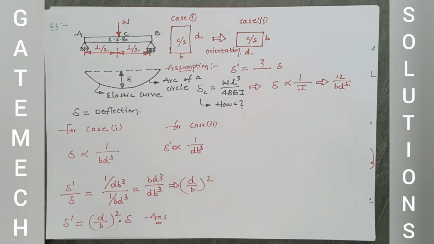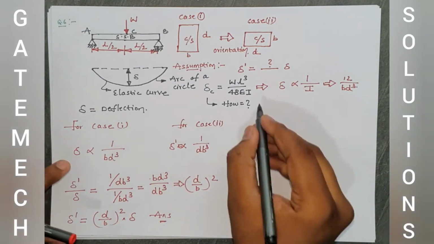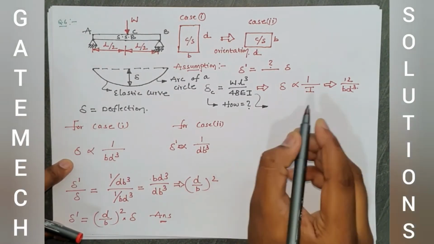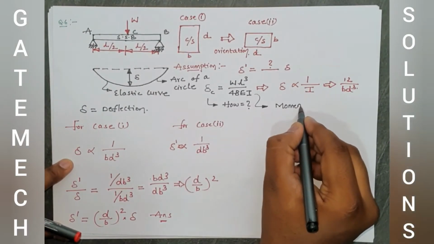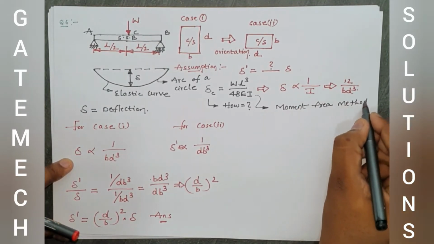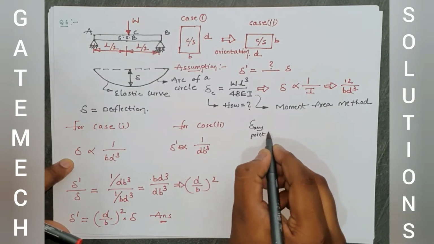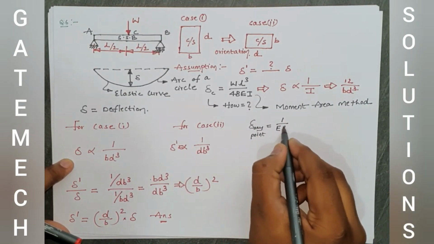But if you know this formula, then only we can calculate. Or if you know this relation, then only we can calculate. How this formula came? For that I am using one method called the moment area method. One of the simplest methods here, the moment area method. According to the moment area method, the deflection at any point is given as 1 by EI times